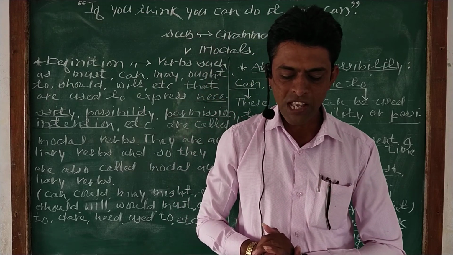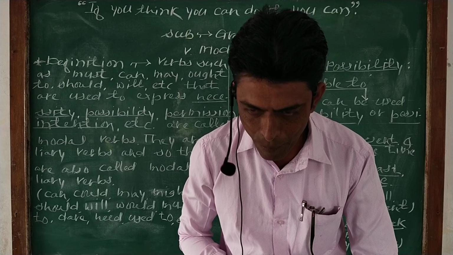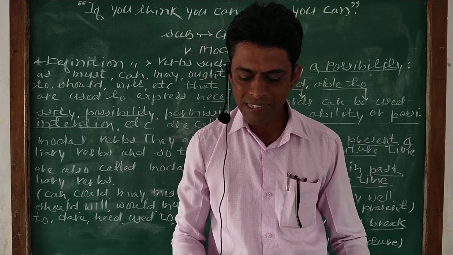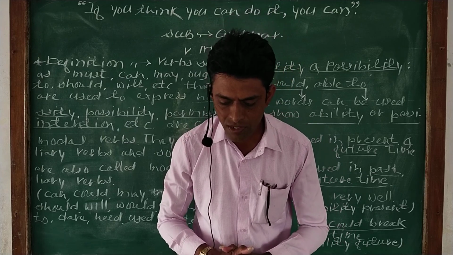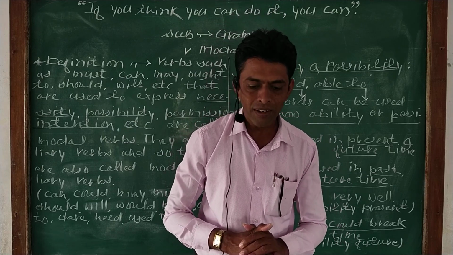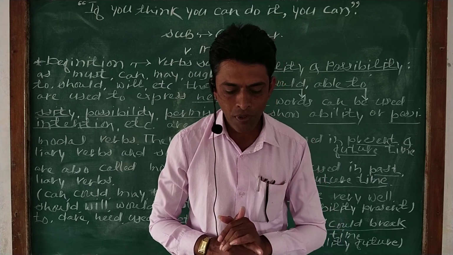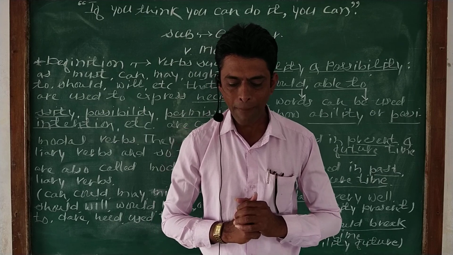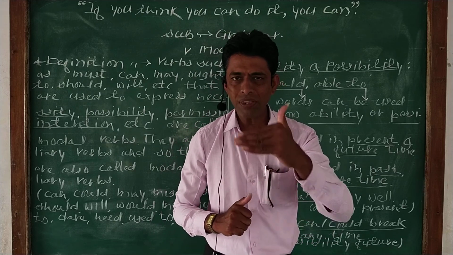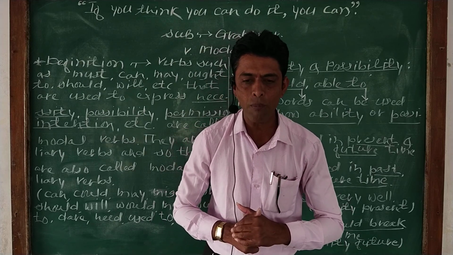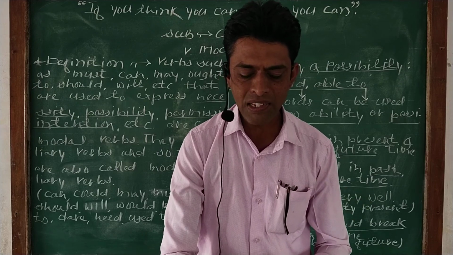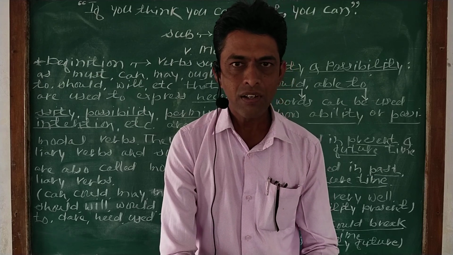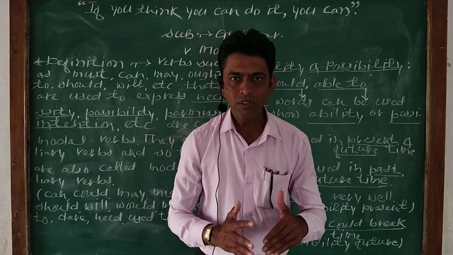Again, in exercise B, if you look in the textbook on page number 45, can you do the activities mentioned below? Make sentences in each case as shown in the example. Number 1 is done for you. Bake a cake. Let us see. I can bake a cake. My sister cannot bake a cake. So with the help of this sentence, you have to form new sentences as mentioned in exercise B, right? So that's all for now.